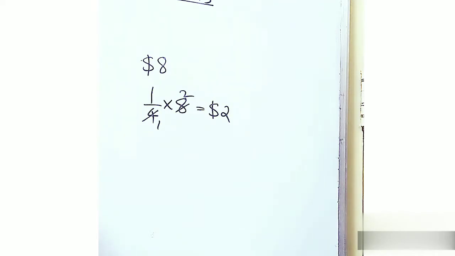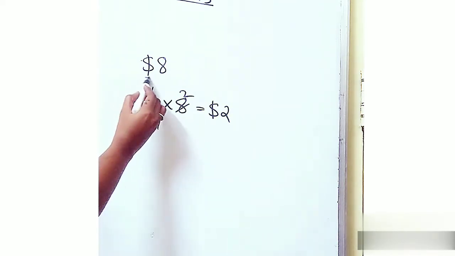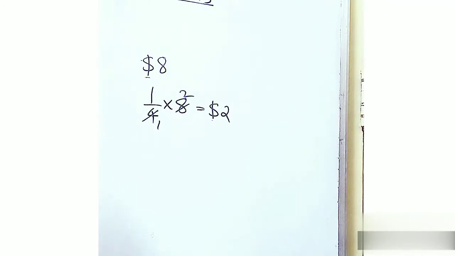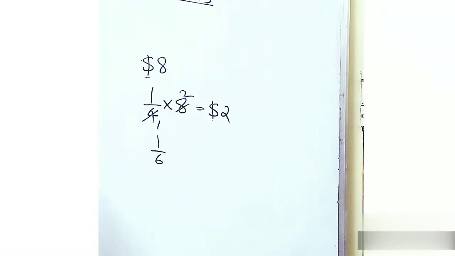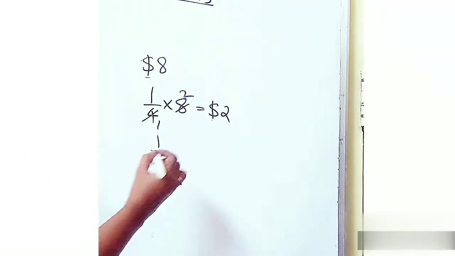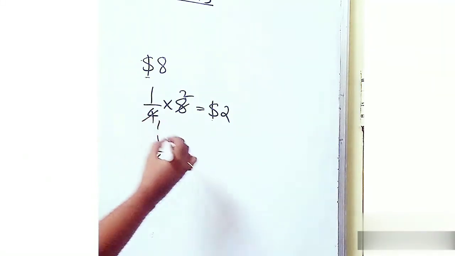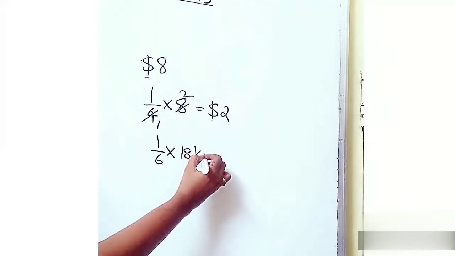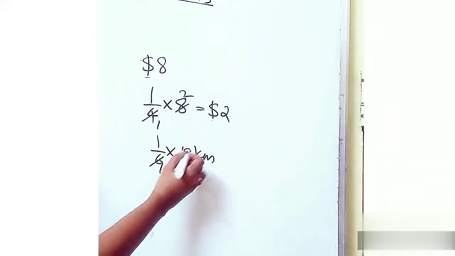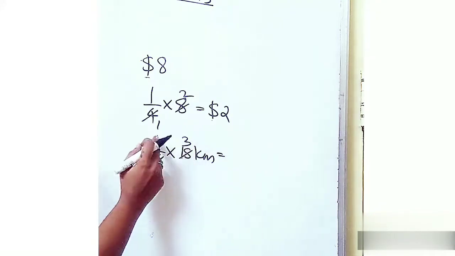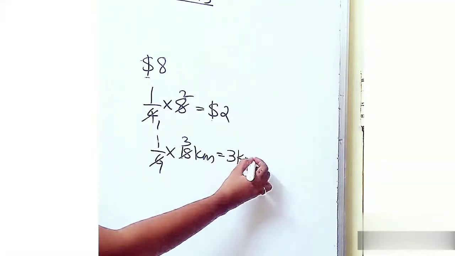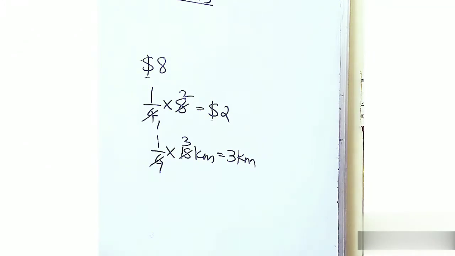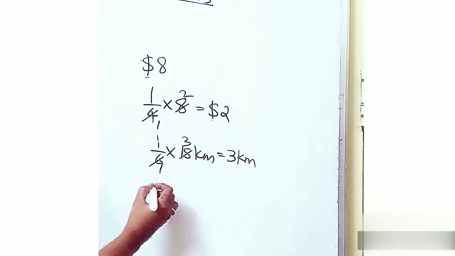So this is the way we carry it out. But when they specify the unit, you have to write the unit. It's very, very important. If I'm talking about 1/6 of 18 kilometer, I'll cancel: in the 6 table, 18 comes for 3 times. So 1 into 3 is 3 kilometer. You have to write the unit. Understood? Now we'll see the next one also.